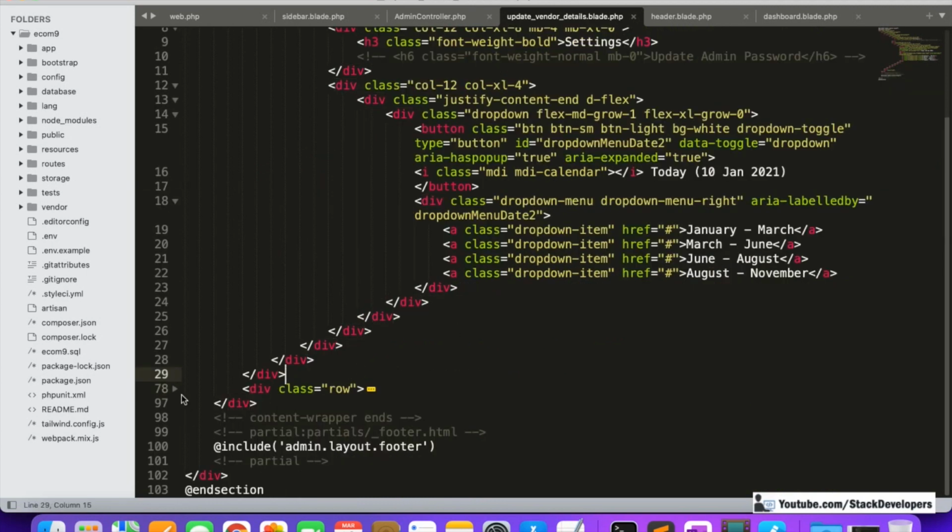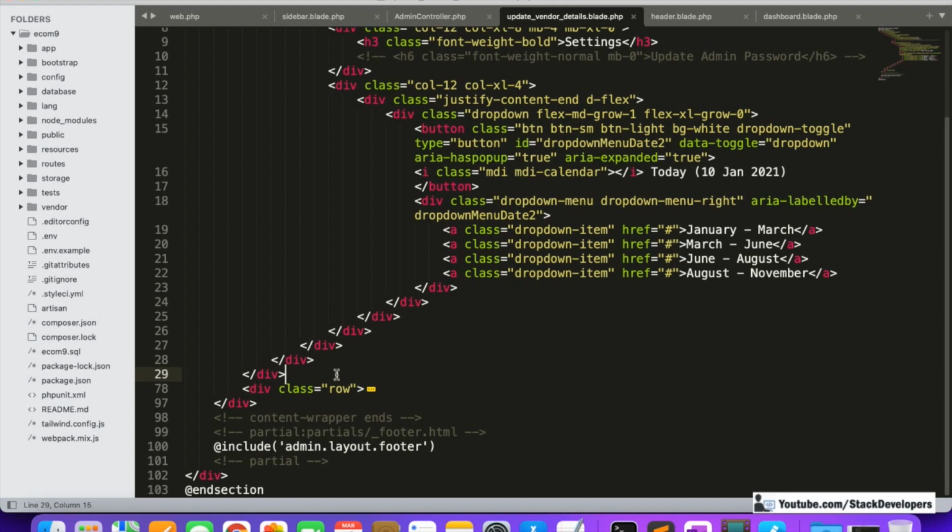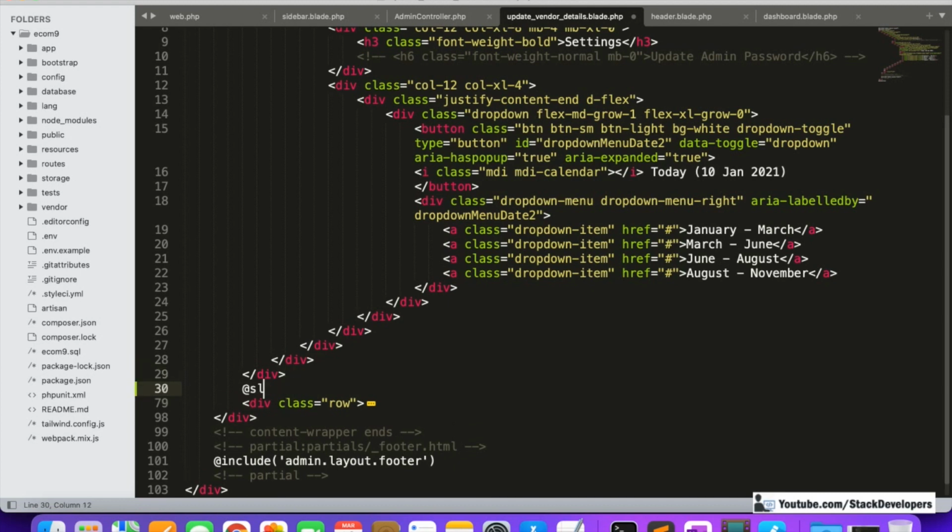This form is not the same for all the vendors, because we will either have the personal form for updating the personal information of the vendor, or the business form for updating the business information of the vendor, or the bank form for updating the bank information of the vendor. So it differs by the slug. So here also we are going to add the condition: see, the slug is coming from there, we are returning the slug from the function. If the slug is equal to personal,